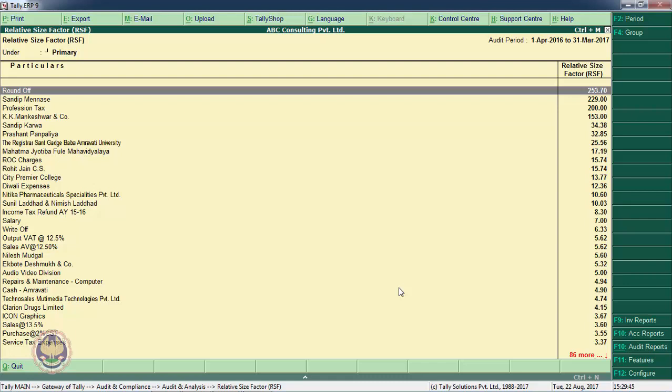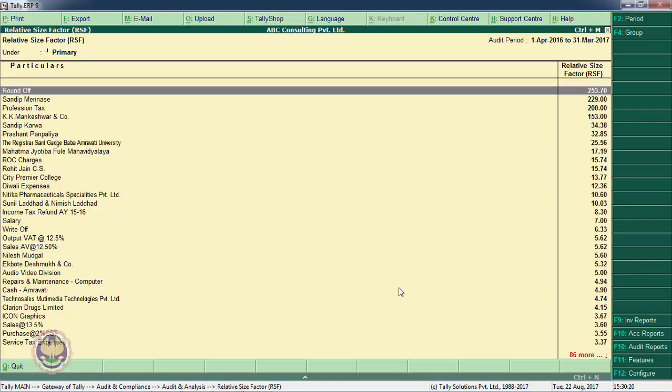So, what is the relative size factor in this particular case? Let us consider the ledger. I am deliberately considering electricity expenses ledger. Why? Because there is an audit aspect inside this particular ledger. Electricity expenses normally remains constant. It may change according to season. For example, in the month of May, it may be little bit higher. In the month of November, it may be little bit lower. But normally, it is by and large same. Every month you are paying approximately 5,000 rupees as electricity bill.